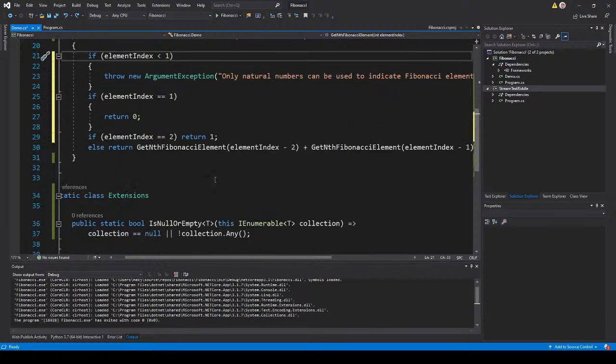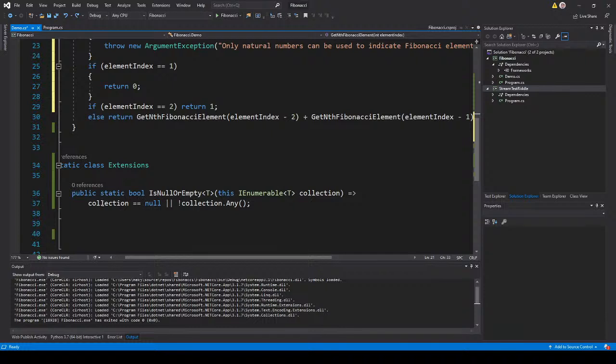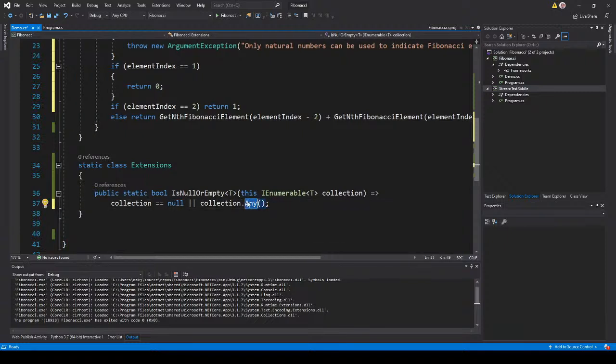And here I have an example of a perfectly fine use of the expression body methods in C#. It's very short, but at the same time it's readable. So it's an extension method for any collection, is null or empty. Basically the same as you would use for strings, and I think it's still readable. Although this is not any, I'll still just go for count equals 0 because it's more straightforward.